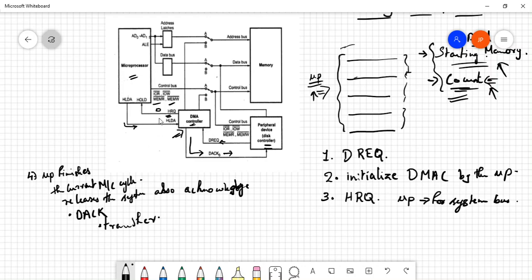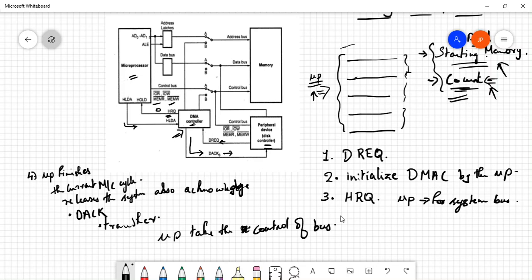In the beginning it gave a 1, it keeps it 1 till the operation is done, and the moment the data transfer is completed, it makes this pin 0, and the MUP takes control of the system bus. That is the entire process. So this is the process in which the DMA operates.